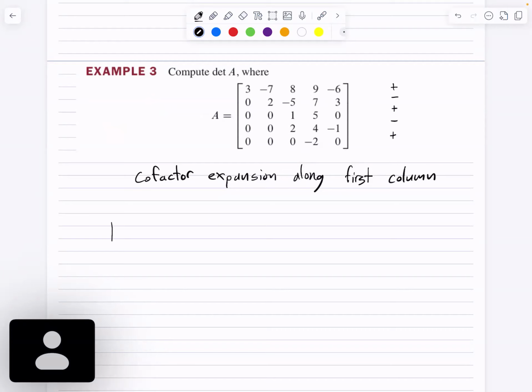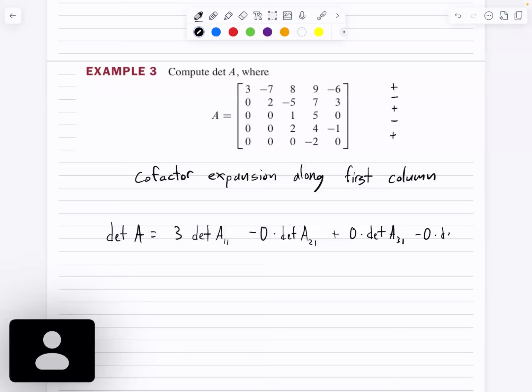And so the determinant of A will equal 3 times, and then I don't even know if I want to write it, but it's going to be the determinant of A sub 11, getting rid of the first row, first column. So it's that sub matrix. And then it's just going to be plus a bunch of zeros. Well, I guess technically it's -0 times, and then it really doesn't matter, but I guess it's the determinant of A21, plus 0 times the determinant of A31, plus, or that next one will be minus